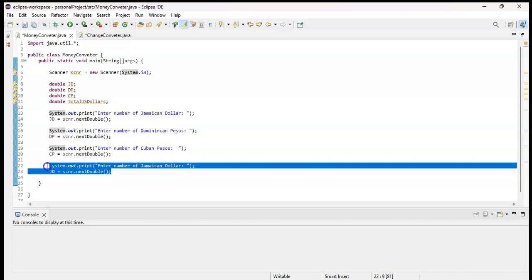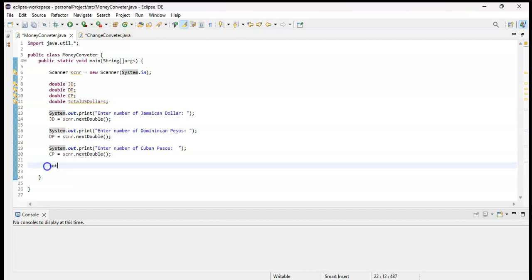What I do need to type in is total US dollars equals, so JD